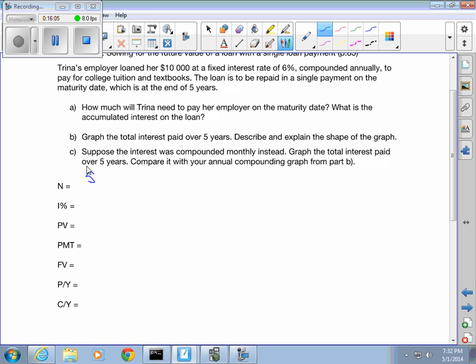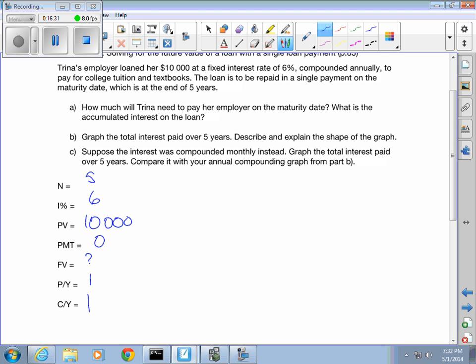Our interest is 6%. Present value, so you're being given $10,000. Payments, you're not making payments along the way. We want to calculate the future value. Our payments per year are once, and our compounds per year are once. So when you put that into your calculator, using the regular TVM solver,